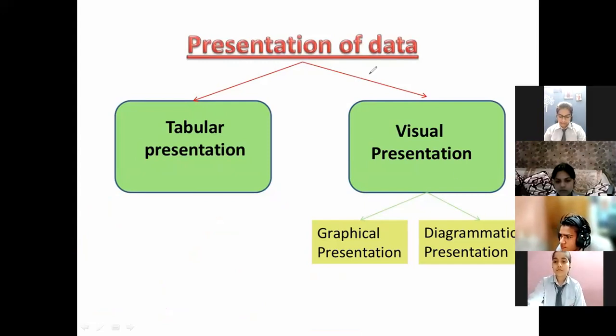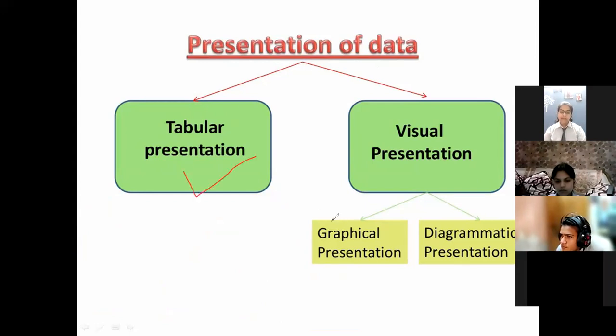So the chapter is, of course, presentation of data. There can be the tabular presentation. Tabular presentation means when data is presented in the form of a table. Suppose in my class there are 40 students. So I can make a tabular presentation that a class of 40 students, these are the total 40 students which I'm writing here. How many are males, how many are females? So I can divide it in the table, how many are males and how many are females, right?